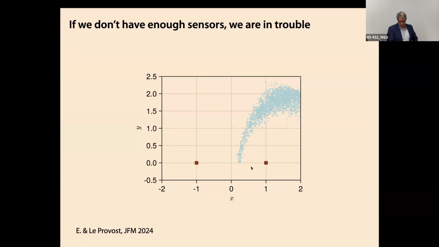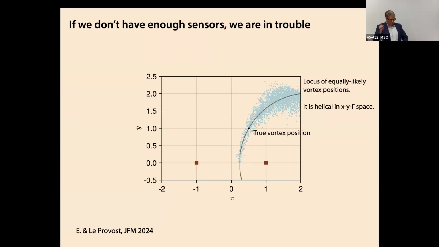So you can see that obviously there's a whole range of possibilities there that it doesn't know about, doesn't know any more than what it's given from these 2 sensors. And in fact, you can show that this is actually revealing a sort of helical manifold in the 3rd dimension as well. So remember, the 3rd dimension would be the strength of the vortex. So there's X and Y in strength. So this is what the helical manifold looks like in the 2-dimensional plane. It's just a circle, okay?